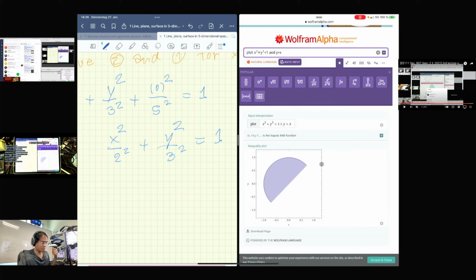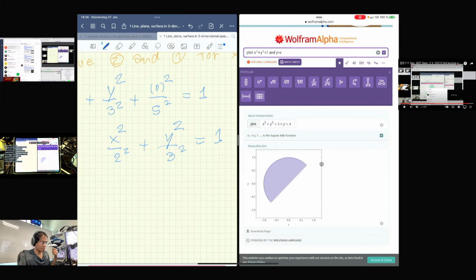Okay, it's not a circle, it's an oval. Nathakit says it's an oval. Yes, it's all right. It's an oval. It's not a circle at all. Okay, and you could see that the number 2 below the x term here is the distance that